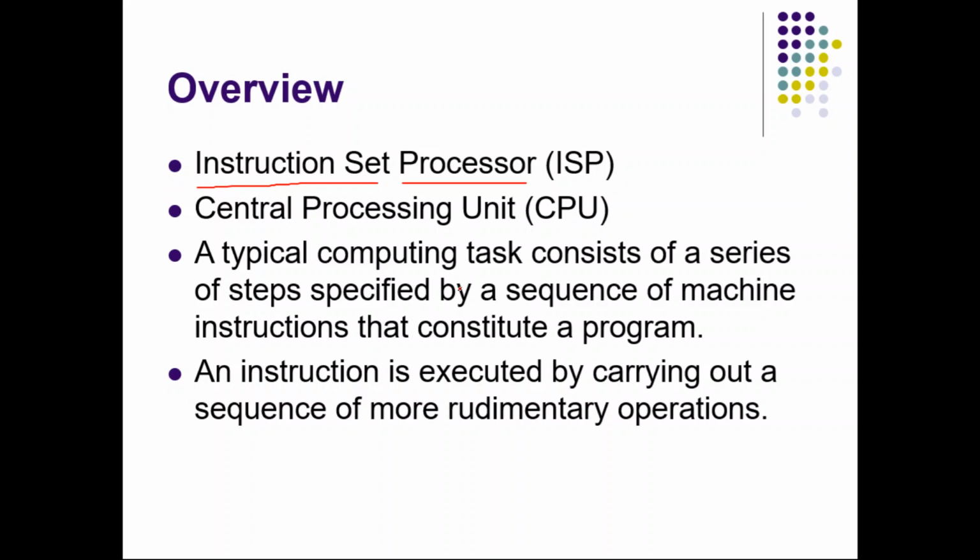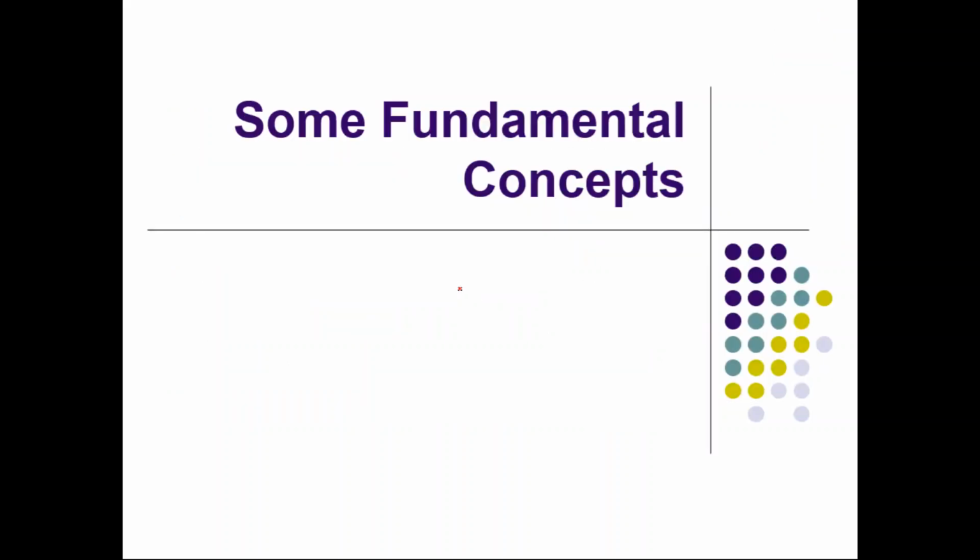As you know, a typical computer program consists of a series of instructions, and these instructions will be executed by the processor. How the instructions are actually getting executed internally, what is happening in the processor when a given instruction is executed? It may be a small task, but it may involve a sequence of subtasks which are very much interrelated, and how this is happening, that's what we are going to discuss in this chapter.